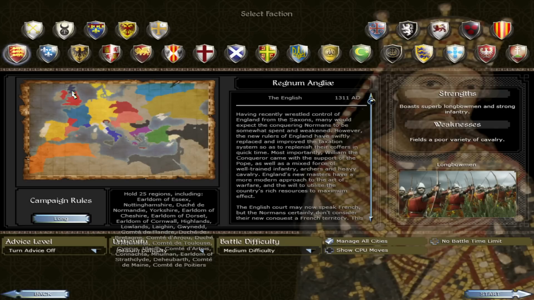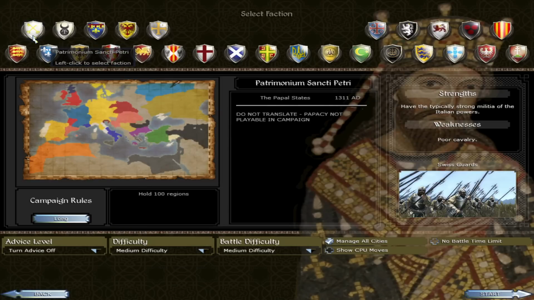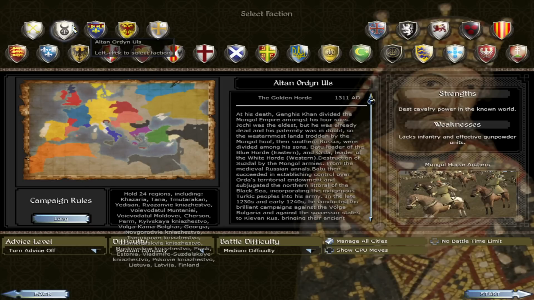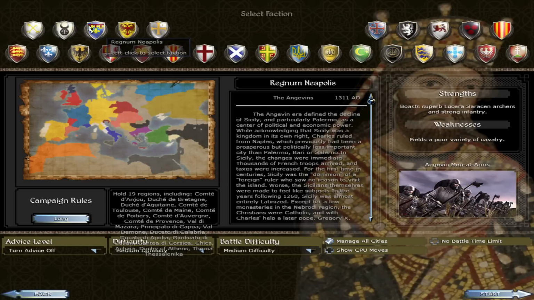Like take the same mechanics from Medieval 1, the era campaigns and other things, and expand upon it rather than not have those things at all. Right, so you've got England, the Papal States. Well, the Papal States are not playable. Kingdom of France. Of course, this is late era. So you've got the Golden Horde, the Holy Roman Empire, and then one of my favorite things is that